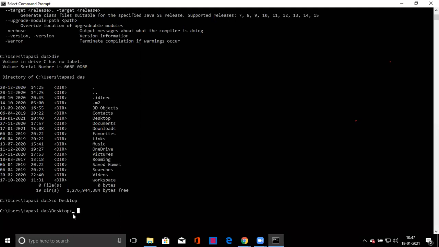So now we need to compile with javac. Then what is the program name? Saved as Study Java. The first S is capital. You have to check that always the class name's first letter will be capital. So what is the class name? That must be typed. Otherwise, it will show you an error. Study dot java.